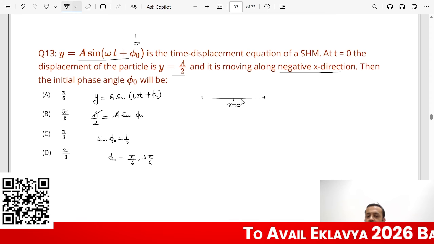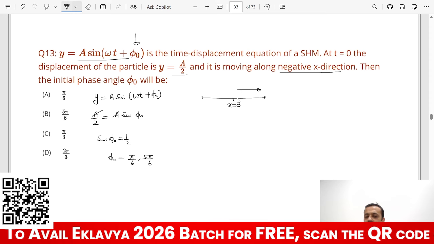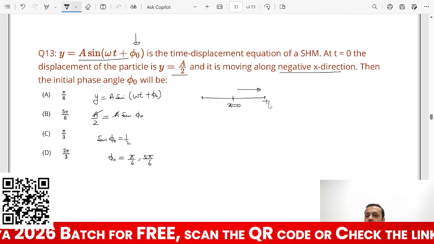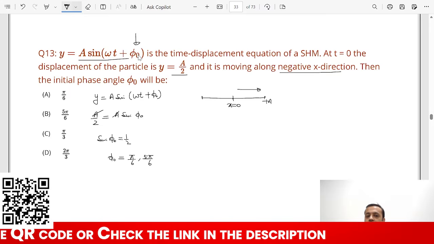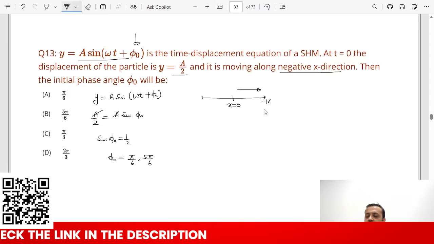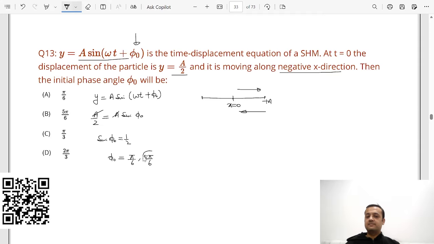If the initial phase is between 0 and 90 degrees, then the particle is in this zone, basically going from 0 to plus A. If the initial phase is between 90 degrees and 180 degrees, then the particle is between plus A and x equals 0 and going in the negative x direction, which is what is happening here, which is why I am saying this must have been